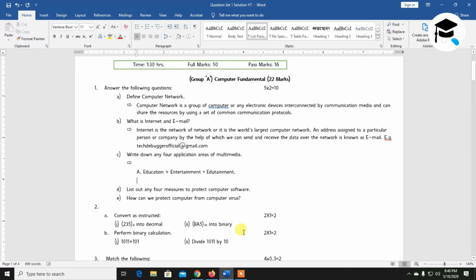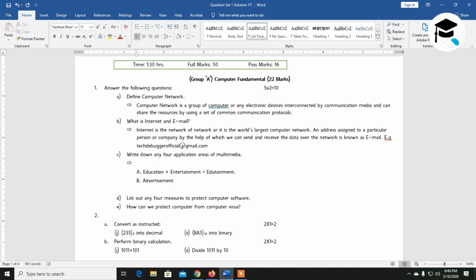Similarly, what could be the other areas? Advertisement purpose. If you are watching any movies, if you are watching news in your television, then you might be seeing their advertisement. A famous advertisement of our time was washing powder Nirma. Similarly, in printing purpose also it is used. Printing purpose, print media. For example, you are using your book, you are using your note copy that has been printed.